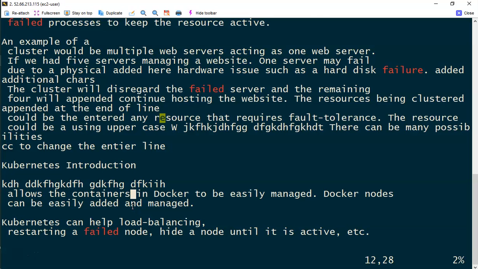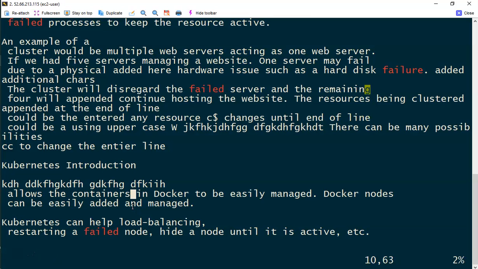So C can be used with multiple other characters. Dollar represents the end of the current line. If I press dollar, it goes to the end of the current line. If I press 0, it goes to the beginning of the current line. There is a space, so the cursor lands on the space. Now I am somewhere here. I want to change until the end of the line. So C dollar changes until the end of the line.